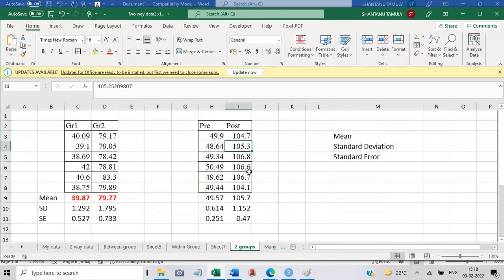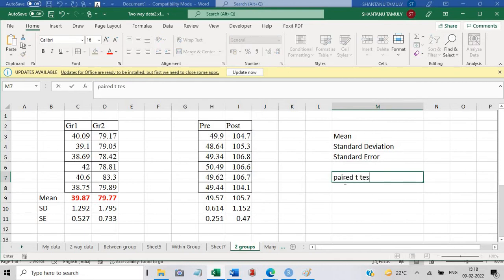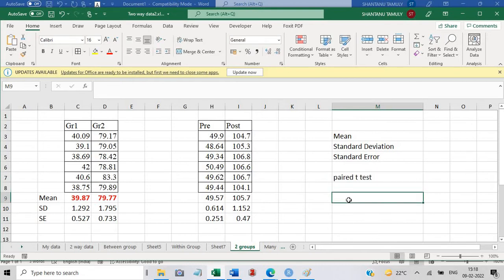Maybe the group is the same, but the time is different. So for this kind of data, if you want to see the difference of the mean, you will have to go for the paired t-test. Paired t-test, again the same way.